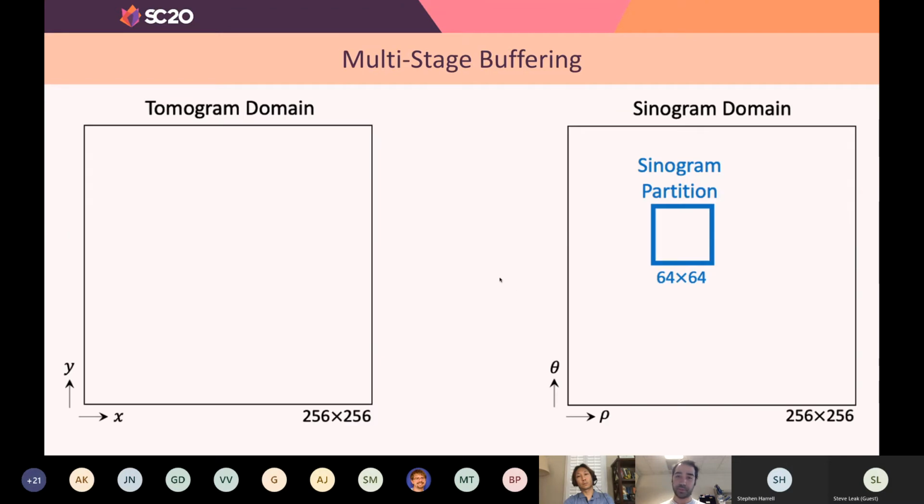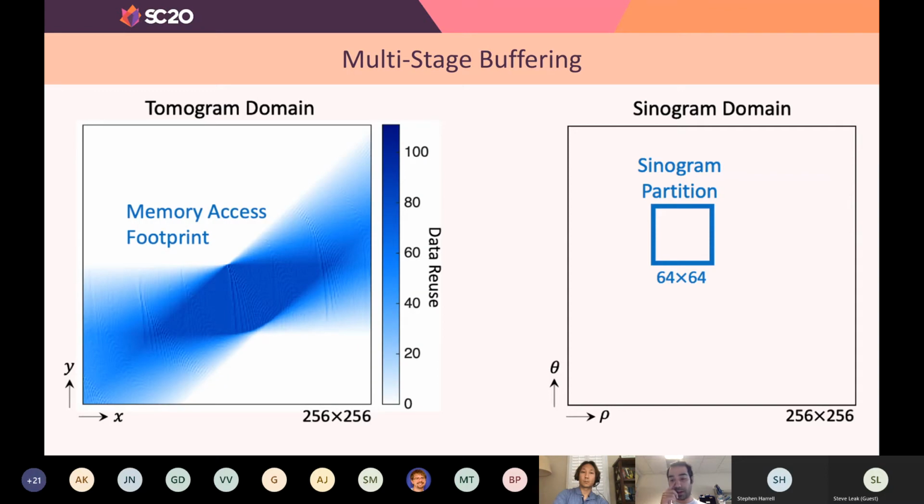Another one is multi-stage buffering. This is important because this will be a tuning parameter for you in your application. This can be applied to both GPUs and CPUs. To compute an output partition, which is 64 by 64 in this case, you need access to tomogram domain data, and these shades of blue show the memory access footprint to compute that sinogram partition. You can see some of the data are accessed more than others, and these are irregular accesses. There are redundant accesses because one data element can be accessed more than 100 times, which is totally redundant. So instead,